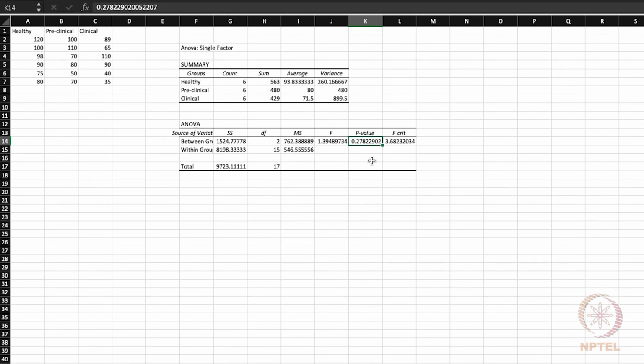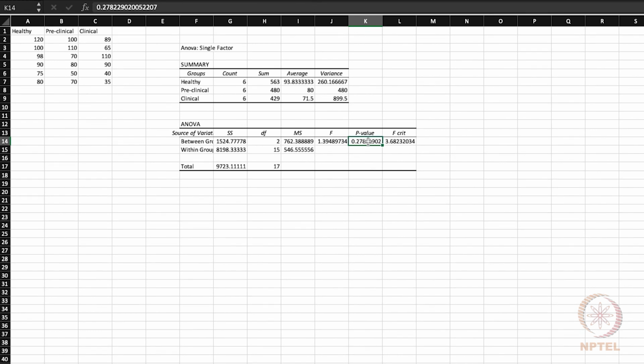And we see that the p-value is significantly higher at 0.278. That means there is a 27.8% chance that this F calculated value would have come due to random fluctuations. Now note that we wanted to see whether these numbers are different at the 5% significance level.